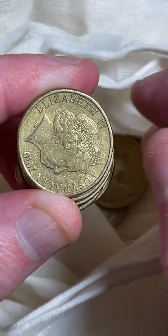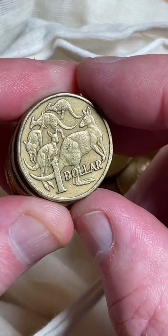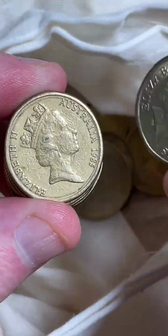Just got some coins out of the bank, so appreciate that from the bank staff there. Thank you. I like to get the coins from the tellers. I don't use the coin deposit or dispensing machines because they tend to be...